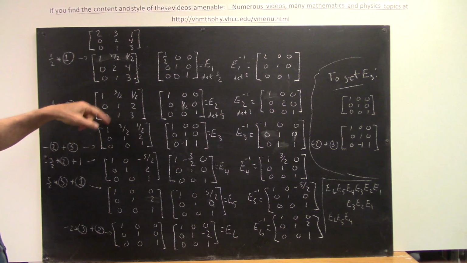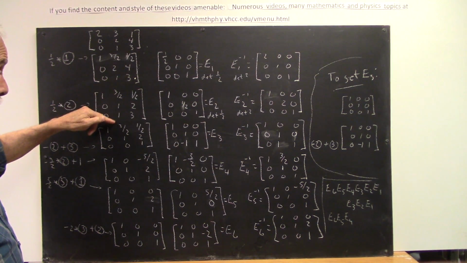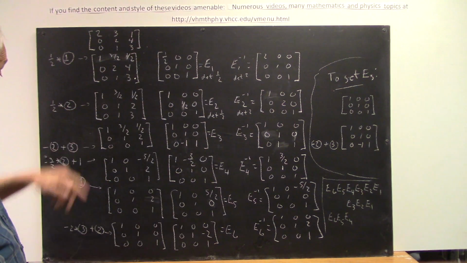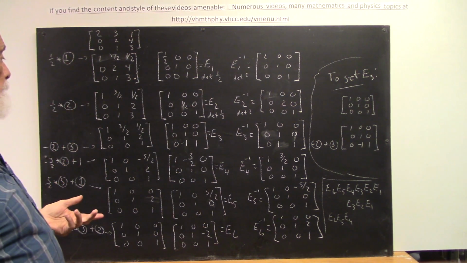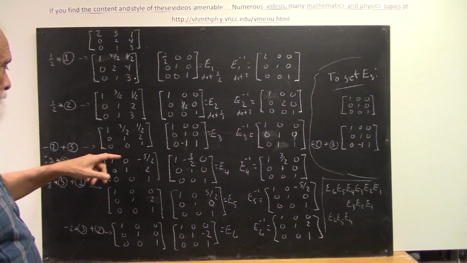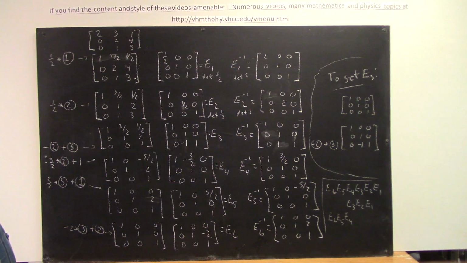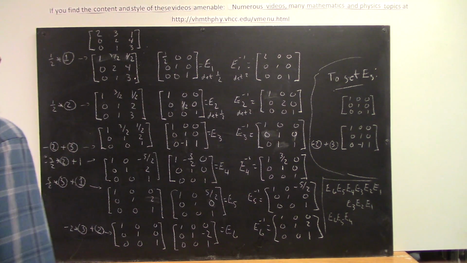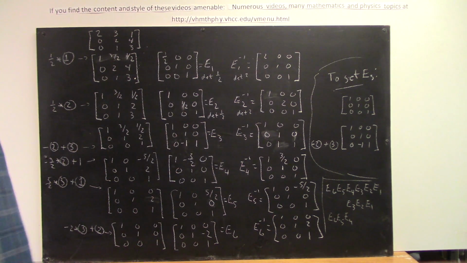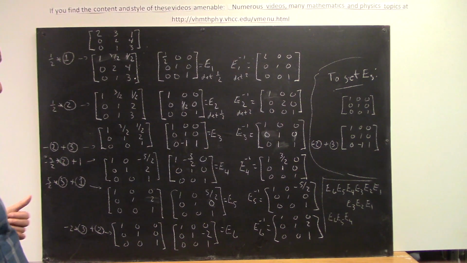Next, we're going to add -1 times the second row to the third row, which will get rid of the 1 here. So -1 times the second row plus the third. You can check this out. I mean, here's what we get, okay? We do the same thing to the elementary matrix. We multiply the second row by -1 and add that to row 3. And we get